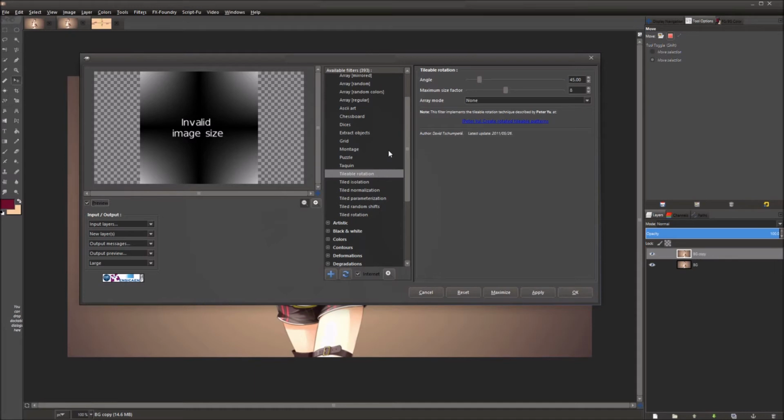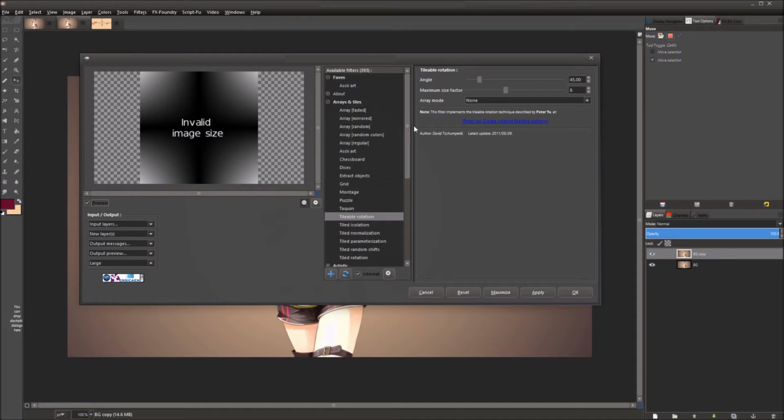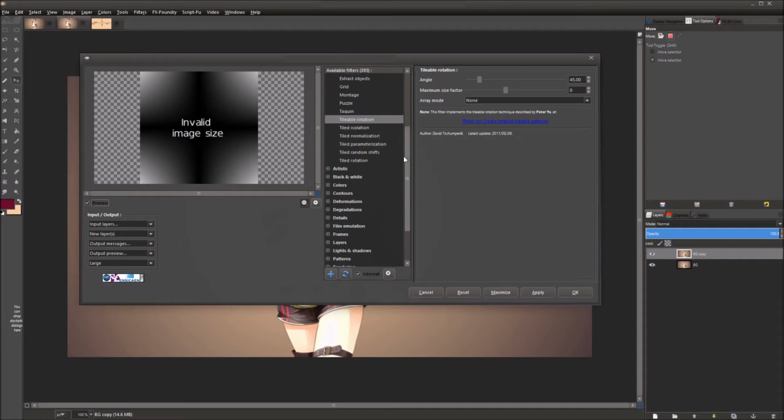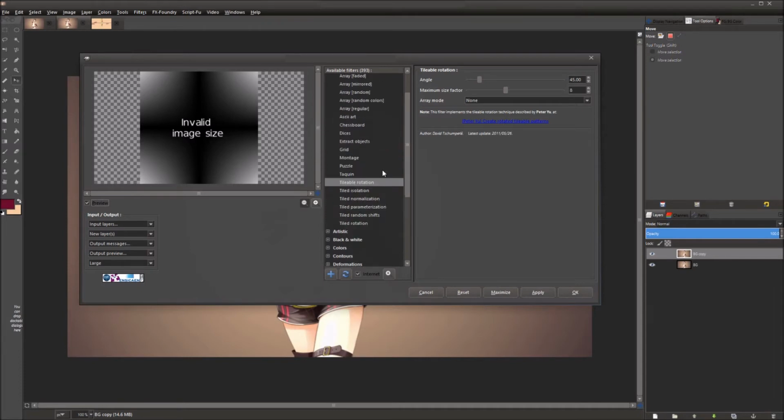But like I said before, these are going to be quick, so I'm going to be kind of going through these quick, because if you ain't got the new one, the new G'MIC only has 393 filters in it so far, but the old one had like 700. But anyways, so we got this tileable rotation, and